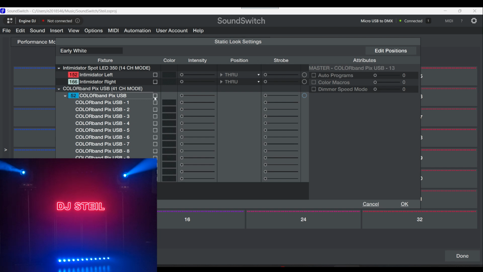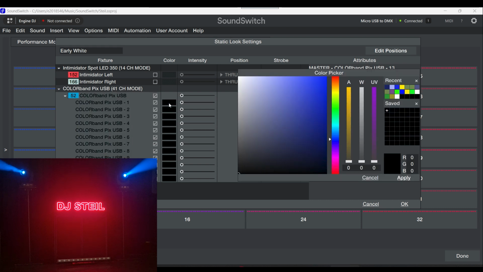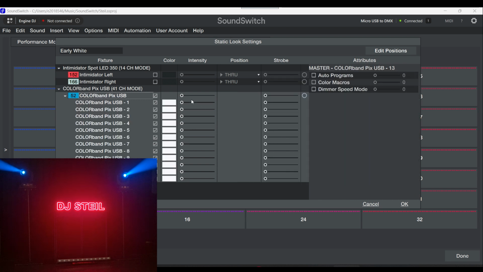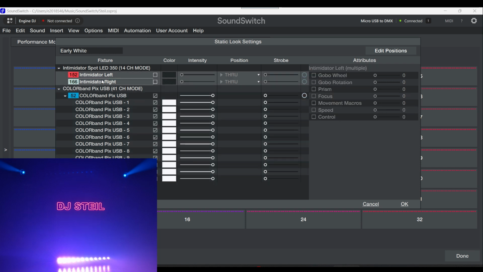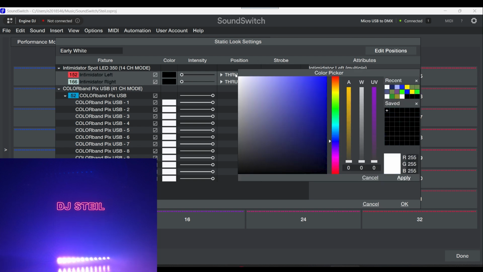So what I can do is tick the box to make sure they're all active, double click on any one of the selected ones to select the color, and so there we go, they're going to be white, and then I'll set the intensity for all of those lights. So what I have now is basically all of those lights on the color bar are just going to be set to white, and I'll do the same for the intimidator lights. Turn them on, set the color, set it to white,